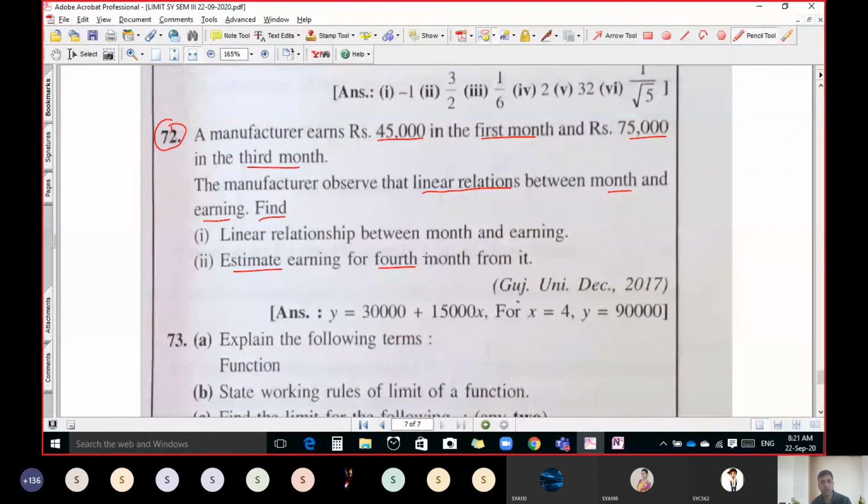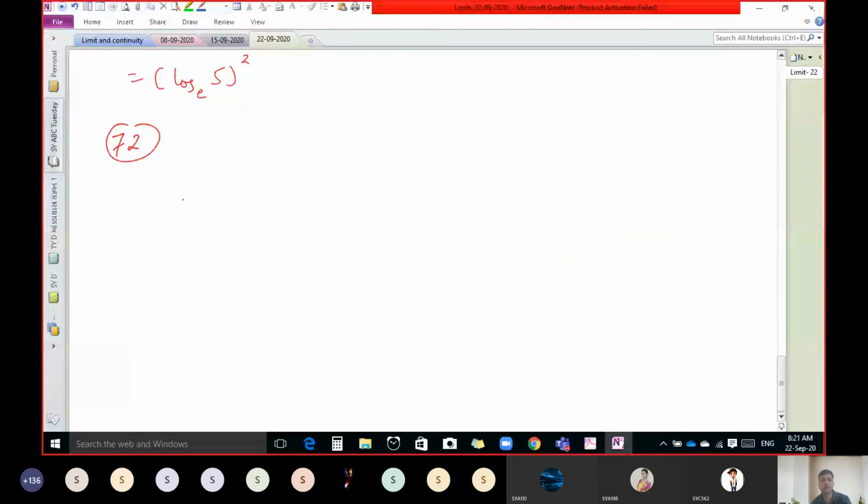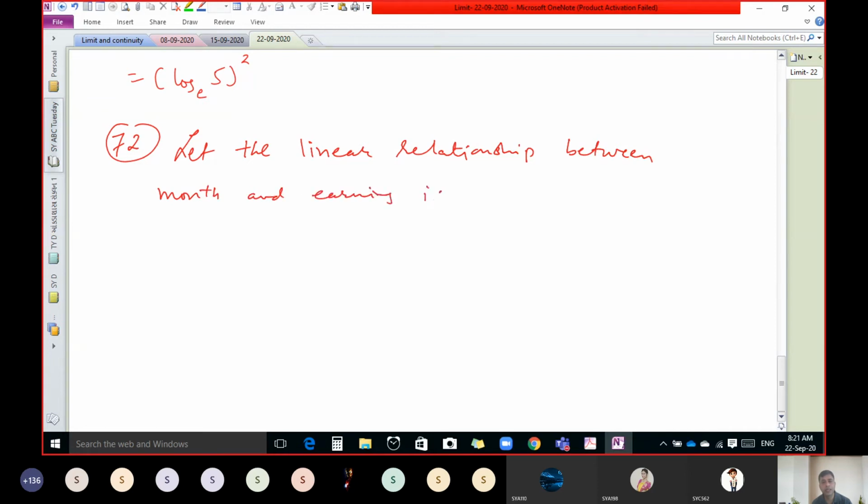So we want to find out the linear relation between month and earning. So let the linear relationship between month and earning be